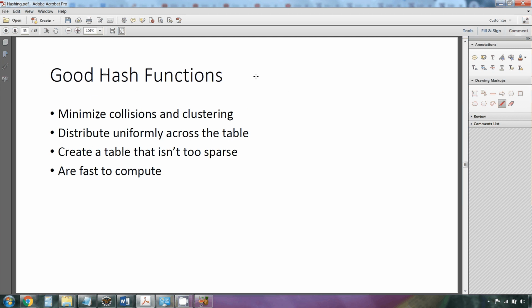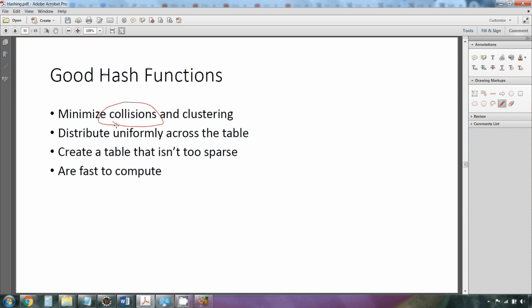Before we do, let's just keep in the back of our minds what we've said about good hash functions. So good hash functions minimize collisions. We said that when we were talking about the hash code method, right? We said that we want to strive towards having unequal objects have different hash codes. That means we're minimizing collisions, because when two unequal objects have the same hash code, that's a collision. So we want to minimize that. We can't necessarily eliminate it, right? To do that, we'd need a hugely sparse table most likely, but we can try to